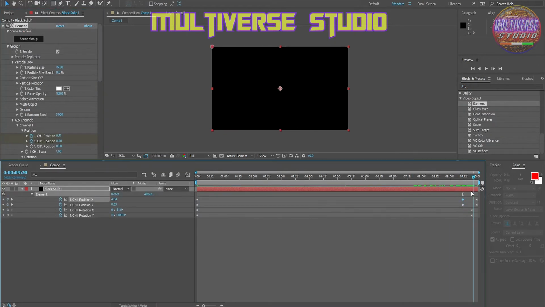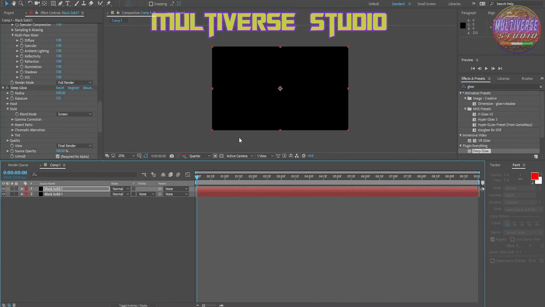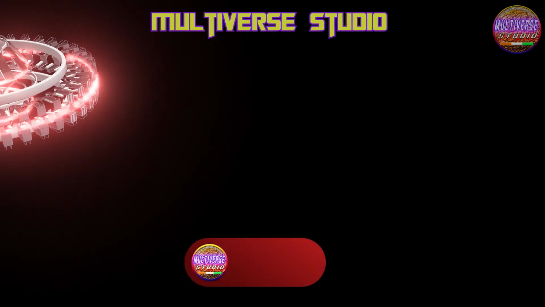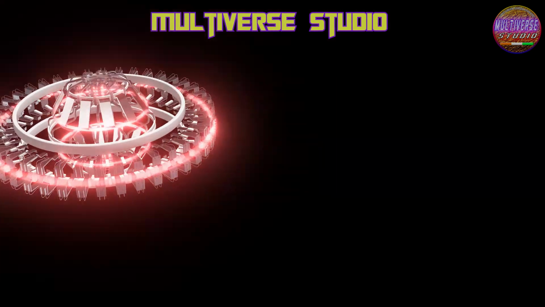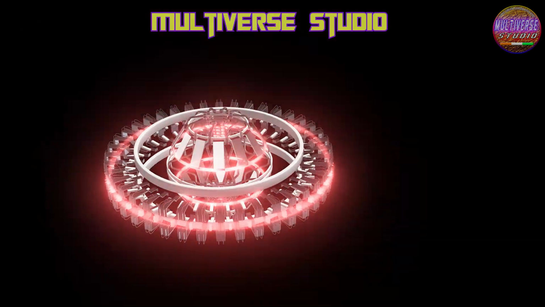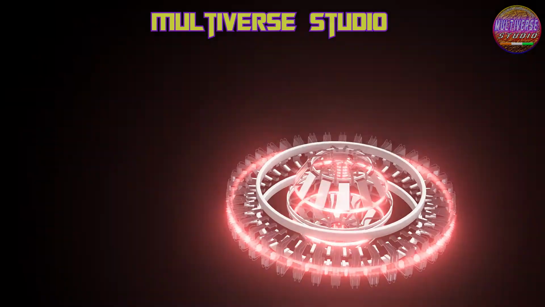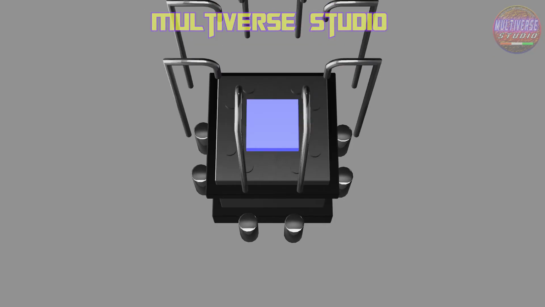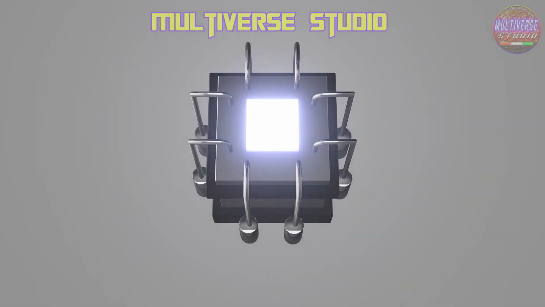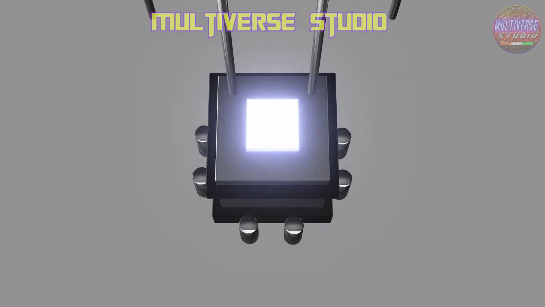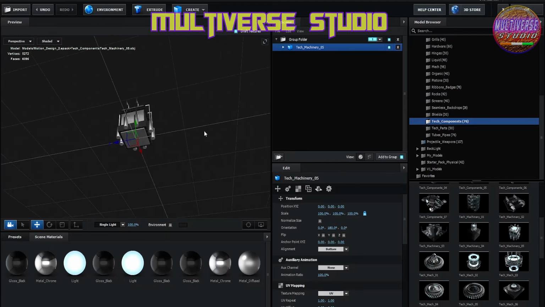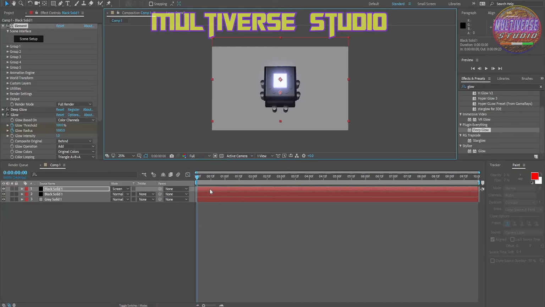Now I'm going to animate it, and I'm going to show you how it looks after the animation is done. A pro tip for all of you: it is wise to make the animation first, then you duplicate the animated layer and do this method to enable the glow of your model. If you do the glow first, then you need to apply the animation in both of the layers, which will be hectic for you. You can use this method in any model that has a light material in it.